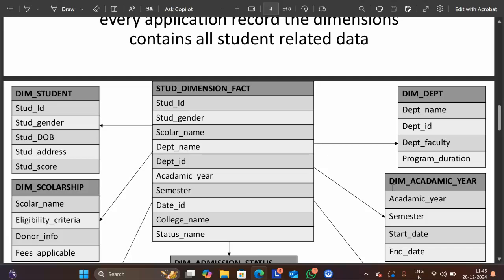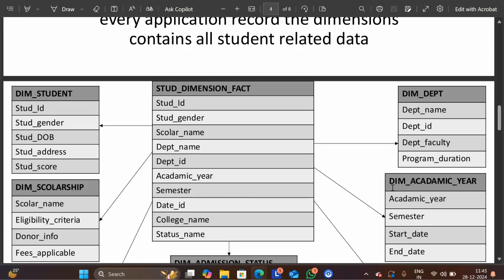What are the key characteristics of a fact table? First one is the measures or key figures, which contain the numeric data like sales, revenue, profit or quantity. Second one is the grain. What is a grain? It defines the level of detail stored in the table. Third one is foreign key, which links to dimension tables which provide descriptive content. Fourth one is large volume. Fact tables usually have a massive number of rows due to transaction level granularity.